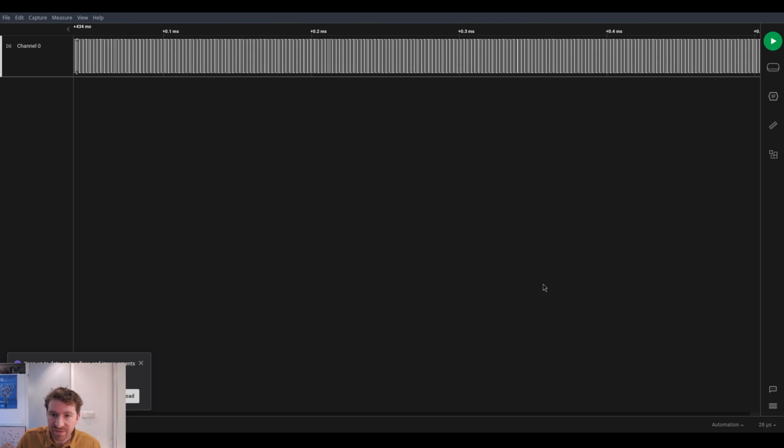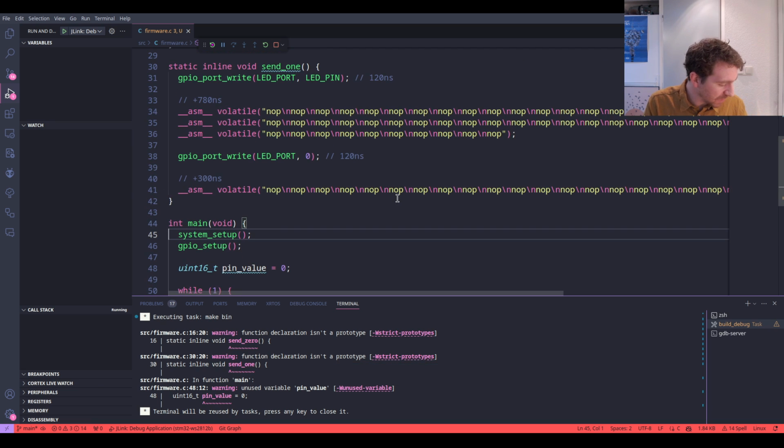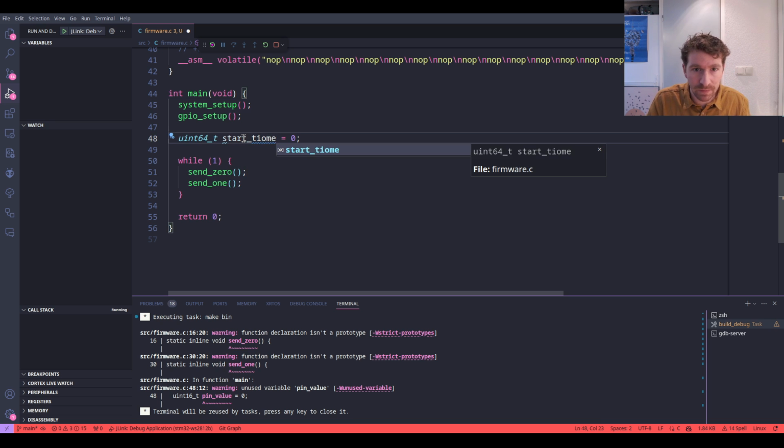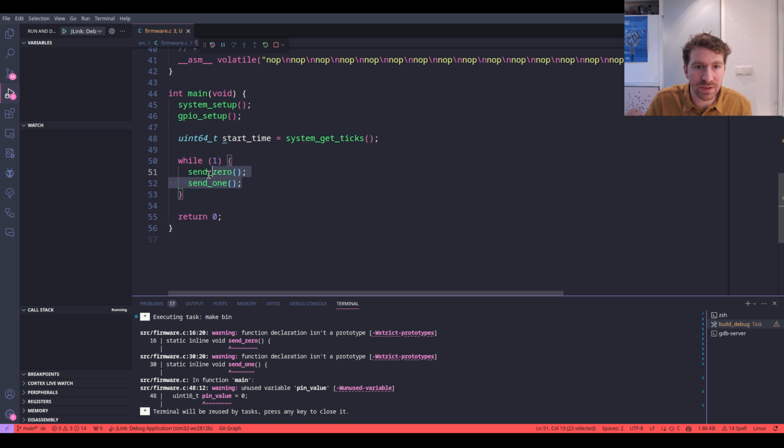So now we actually have the ability to send individual 1s and 0s. I think we can actually connect up the LED board and try and write out a first instruction, like basically say, hey, I want you to be green or something. So let's try this. I'm going to create a new variable here, which is just going to be called start time. And we're basically going to piggyback on the timer now to create this reset code that we need to have. So this is just going to be system get ticks, and we are going to